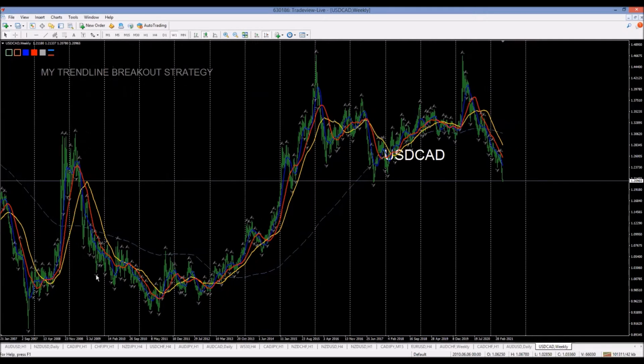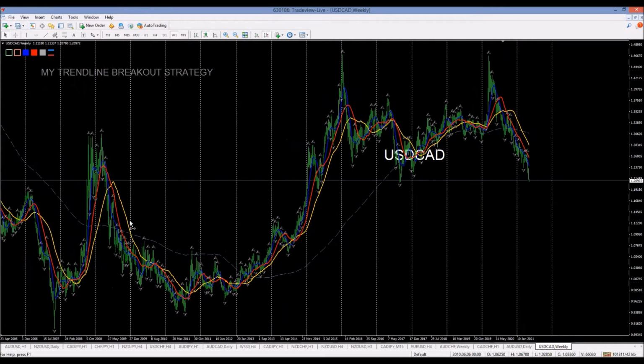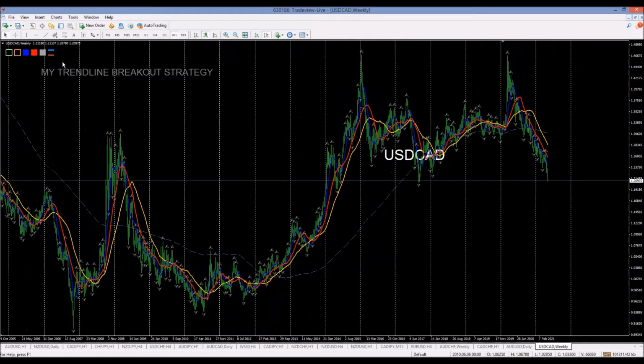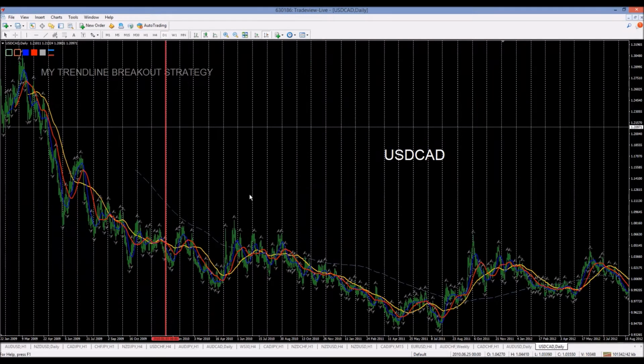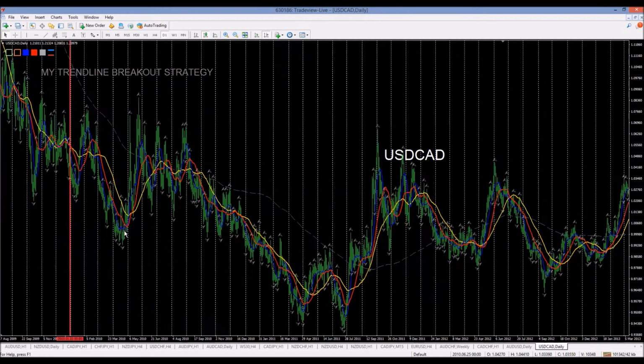Let's have a look. This is 2009. Will this allow me to? It's not going to allow me to go back that far, guys. Let's have a look. We're going to put a line on here. This is one thing about MT4, the data. You need data. So you have to look at the past to understand the future. And when it prevents you from going back to get data, that can limit your ability to